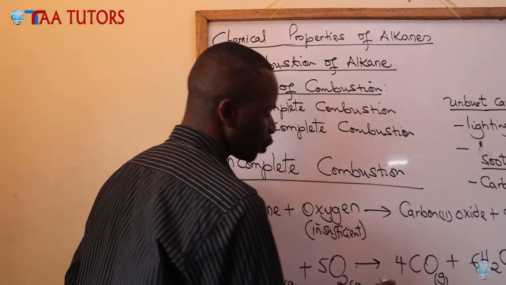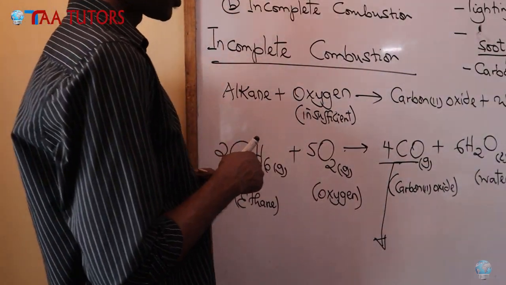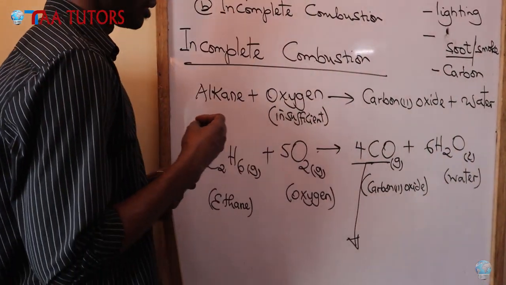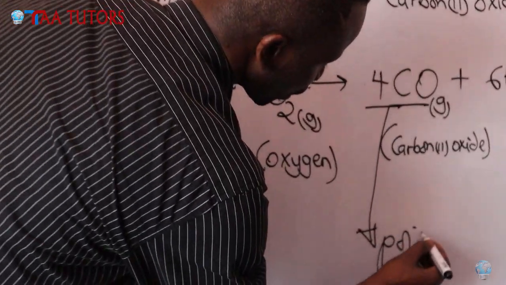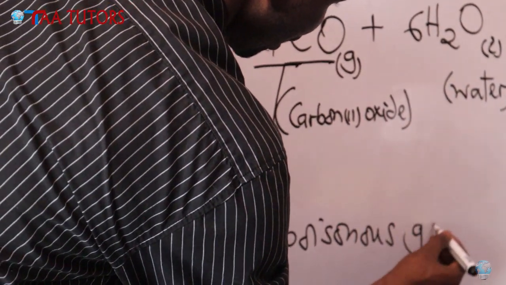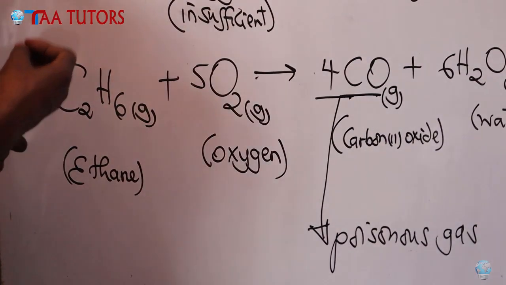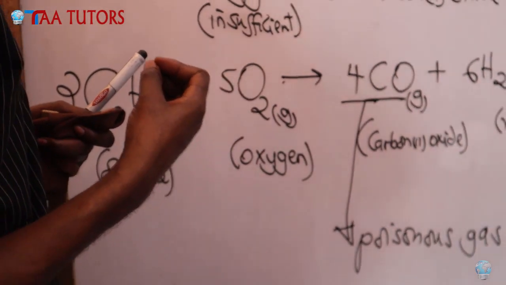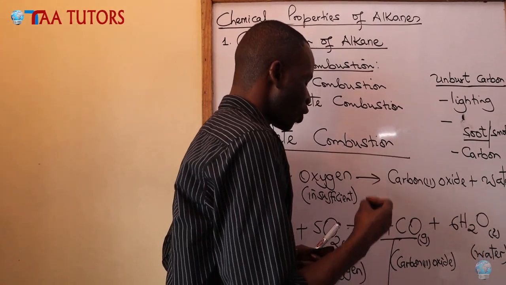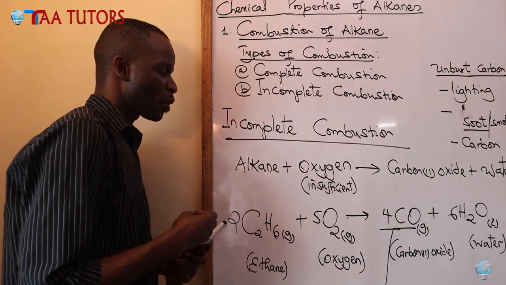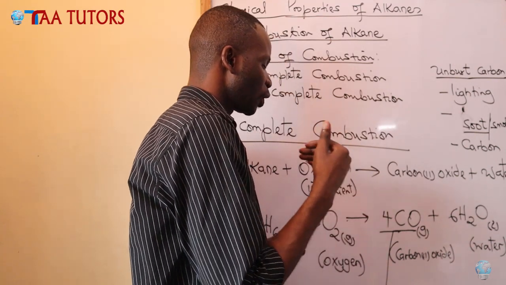Now, let me bring to your attention: we said that carbon dioxide could cause global warming, but the damage carbon monoxide can cause is much worse than simply global warming, which may have long-term effects. Carbon monoxide is actually a very poisonous gas. How poisonous? Carbon monoxide will always combine with hemoglobin in the blood to form what we call carboxyhemoglobin. This carboxyhemoglobin is a permanent compound which will prevent oxygen from combining with hemoglobin to form oxyhemoglobin. It therefore prevents the transportation of oxygen to the respiring cells, which may lead to suffocation